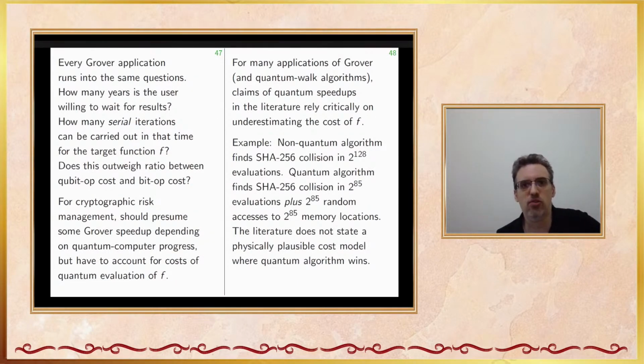There's lots and lots of Grover applications and quantum walks where people need to use a ton of memory, for example, in evaluating f. I've got one example on the slide, which is suppose you're trying to find collisions in SHA-256, which breaks some protocols. You can design protocols so they're not broken by collisions. But suppose that you're saying, I'll use SHA-256 and I care about the collision resistance. Well, there's a standard way to do 2 to the 128 SHA-256 evaluations with very little memory,